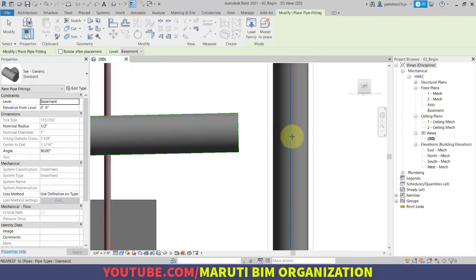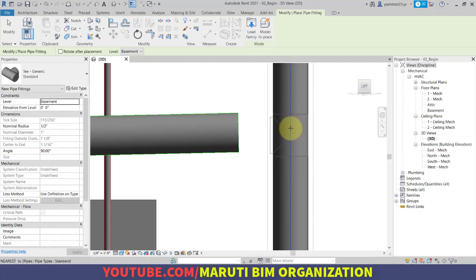Now it will be displayed very thin, and you have to place the connector very accurately. As you can see, this is the slope of the line, so the snapping and the center of this pipe should match exactly, and once that has been done, you have to click.